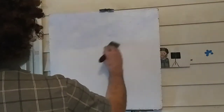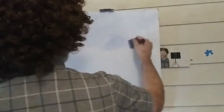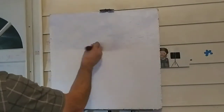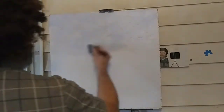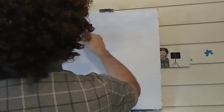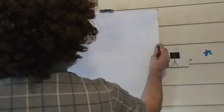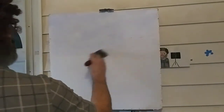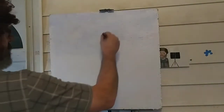Now let's not forget, this is going on okay. I'm actually pleasantly surprised that it's actually giving us a little bit of cloud. How does that sky look up in there? Pretty good? Beautiful. Okay, so we can take just the tip of this brush